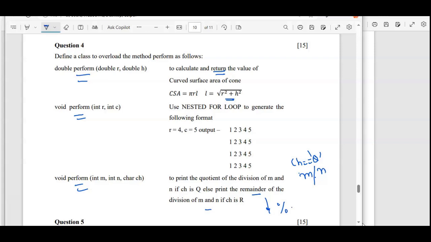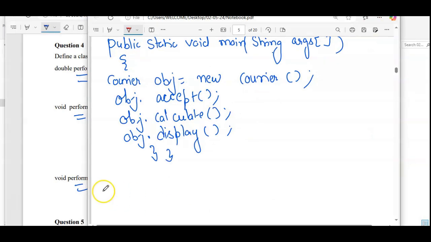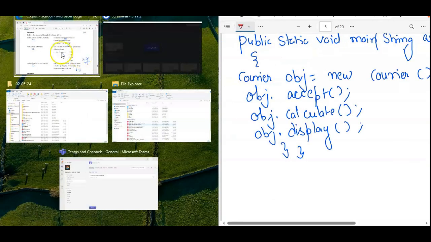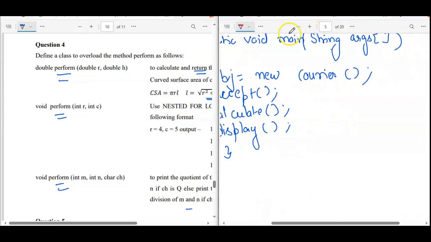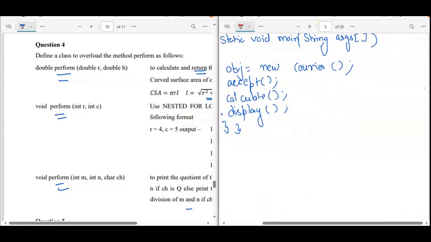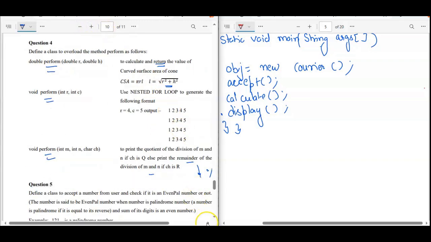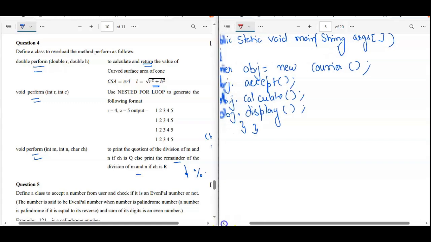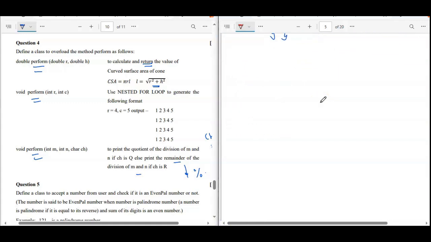Let us start writing the solution of this question. So let us start with the first one. Let me arrange this window first, just a minute, because we need to read this again and again. Yeah, now it is perfect. I need to reduce the size of this also. Okay. Yeah. So now we have question number 4.